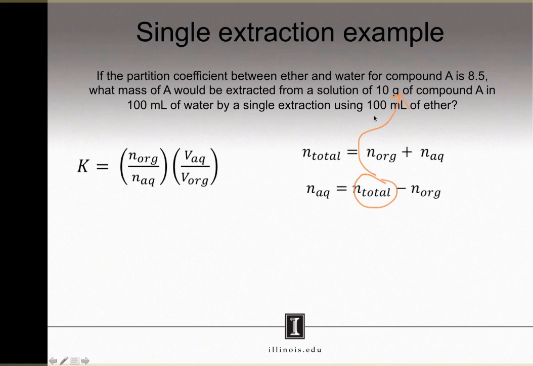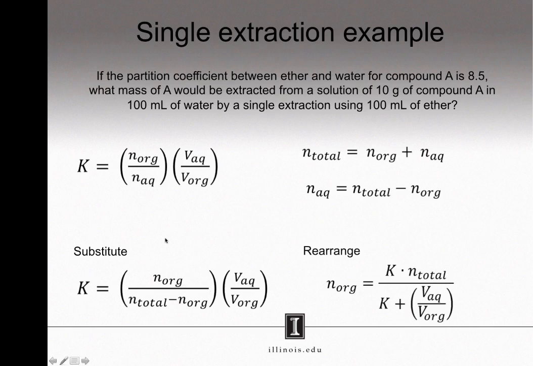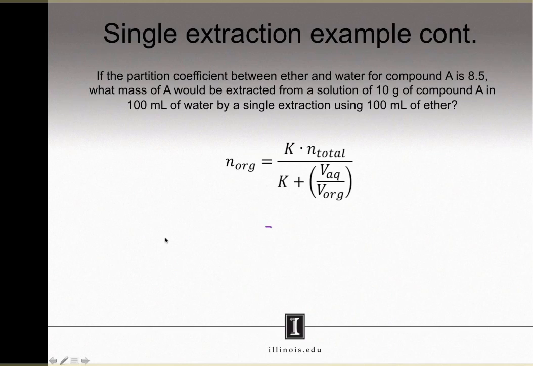So if I take this equation and plug it in for N_aq, I get this expression down below. I know K, I know N_total, I know V_aq, I know V_org, and so I can solve for N_org. If I do some algebra and isolate N_org, all I need to do is plug in the various values